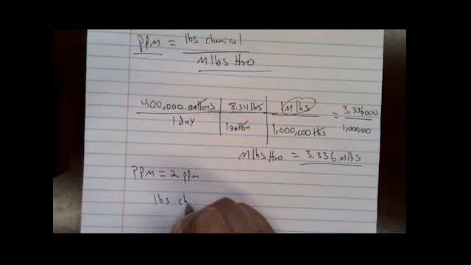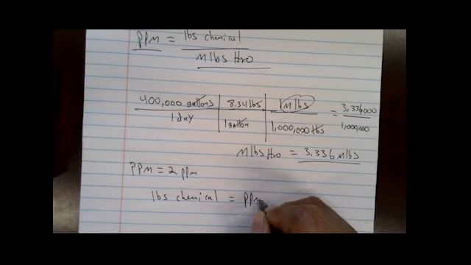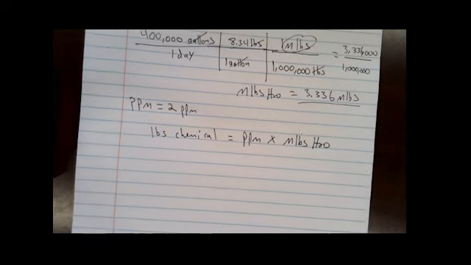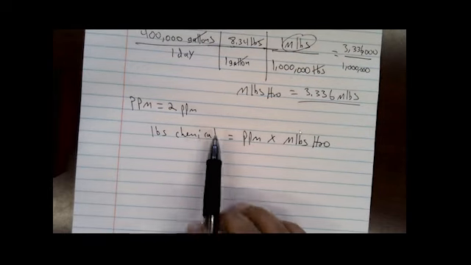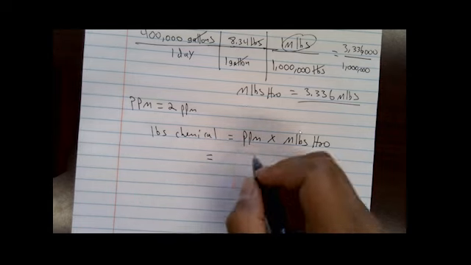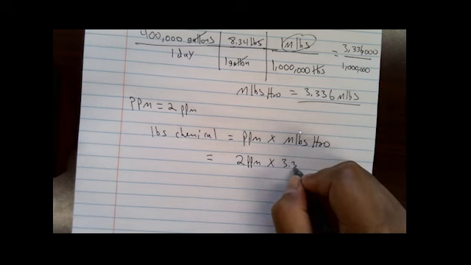So pounds of chemical, the equation rearranged, a little bit of algebra, is part per million multiplied by million pounds of water. Now that we have our equation in the format that we want, we know we're solving for pounds of chemical, right? So that's equal to 2 part per million multiplied by 3.336